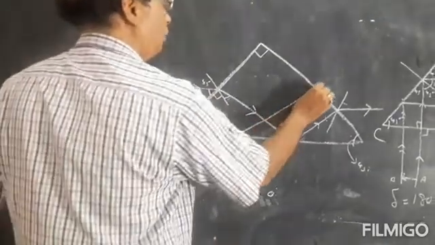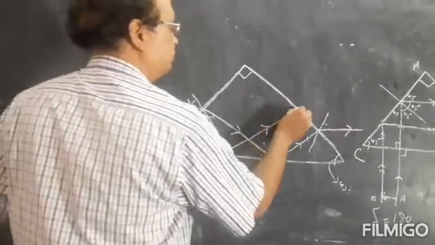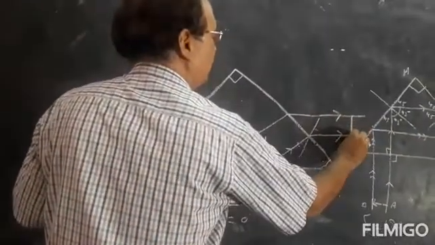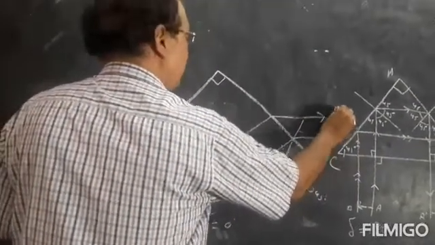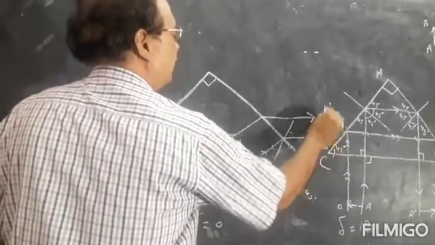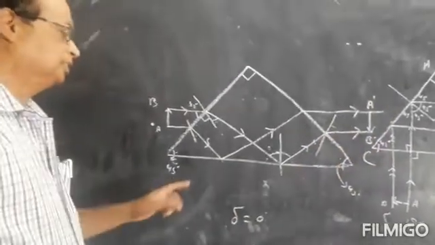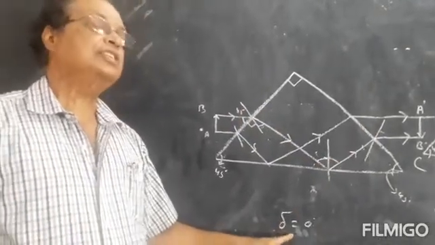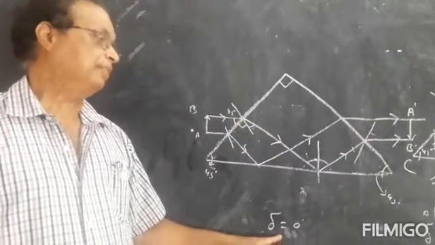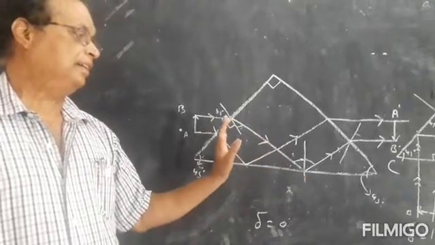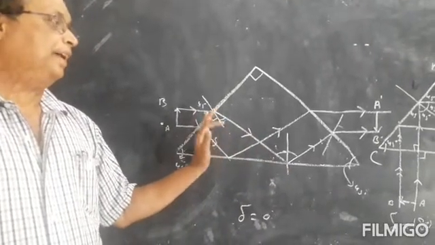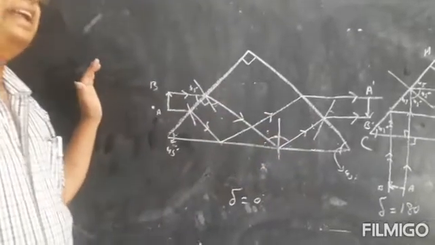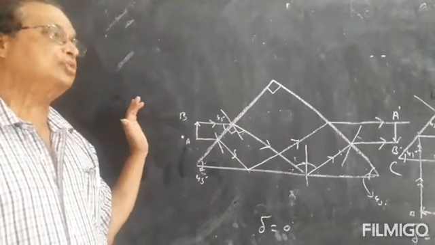Similarly, if you take a ray of light from here, the ray will pass like this here, then it will come out this way. So you will get the inverted image. This is A dash B dash. A dash B dash is the image. So here the image is formed and the deviation is 0 degree. Clear? So these are the three cases where light is deviated through 0 degree, 180 degree and 90 degree by right angled isosceles prism.